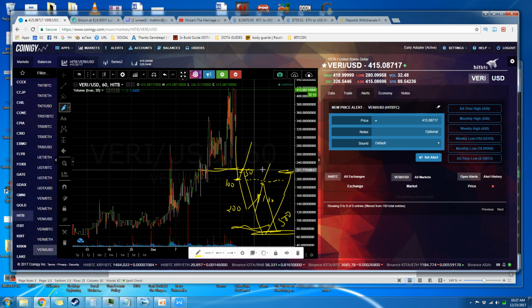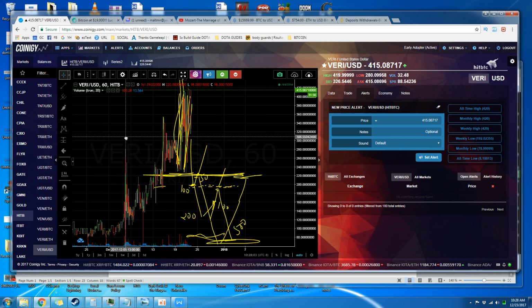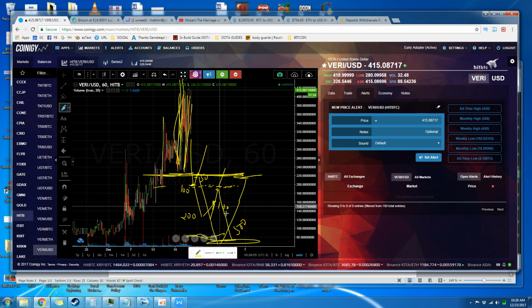All right, so this is the line that we originally looked at, because remember, that was the last spike right there. See those two big spikes right there? So this was the line. There is even right here. So this is another reason why it might come back to this line. So this is the strategy. Now, as you keep going back up, now here you might sell